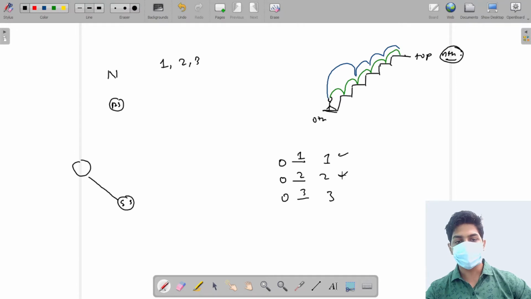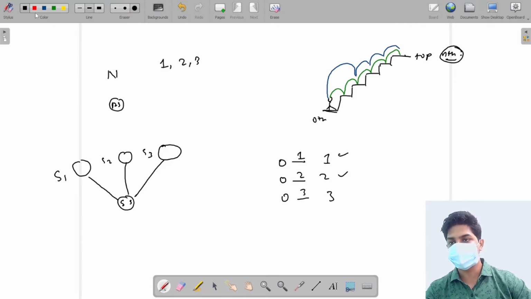I can go to the 2nd location, and I can ask that person the same: I can come to your location, you tell me how many ways there are from your location to the top. What I mean is, suppose this is the destination, and these three are substations in the middle: substation 1, substation 2, and substation 3. Now suppose there are two ways from substation 1 to the destination, one way from substation 2 to the destination, and three ways from substation 3 to the destination.